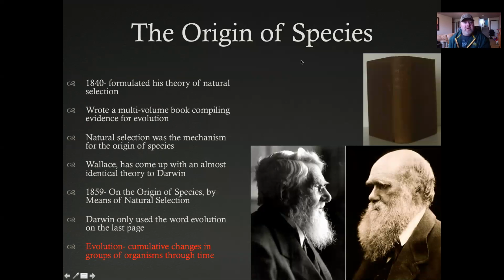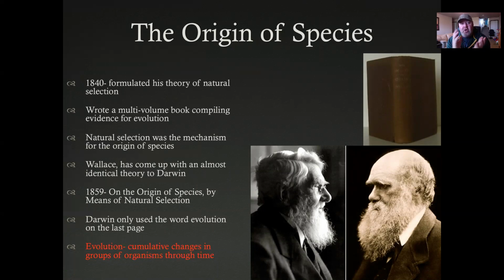So Charles Darwin, doing all this research and putting all this information together, he's using information from other people. He also was using some information that he got from Alfred Russel Wallace, who was a biogeographer, who was also working on the same idea at the same time. But in 1840, he came up with his theory of natural selection, and he wrote a book that's really, really, really, really long. It's like 1,000 pages long.